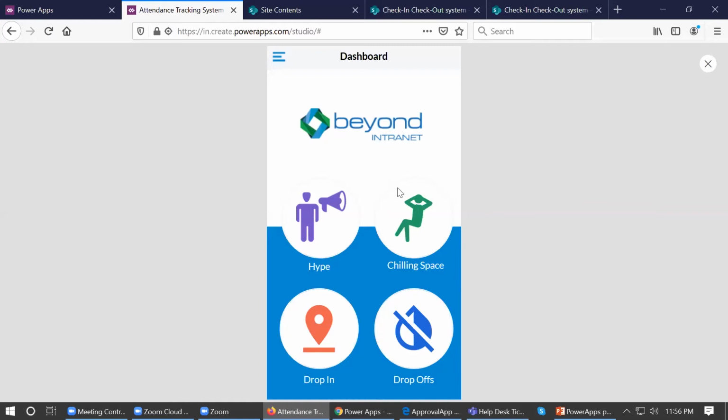And this is the screen. Here on this screen, you can see the different events like hype, fun space, drop in, and drop off. And from the menu here, the staff or the admin can add the attendees into the system. Let me click on the attendees button.